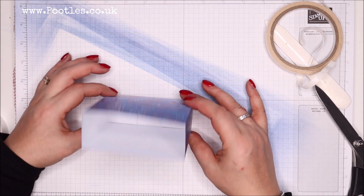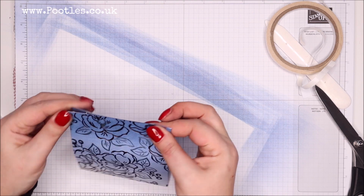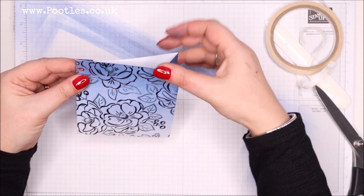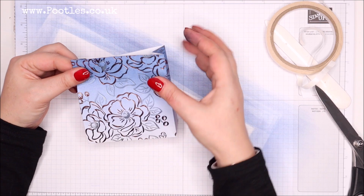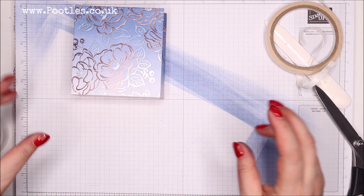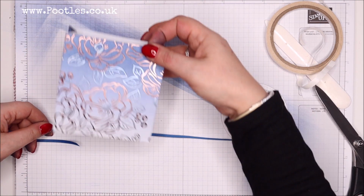Okay, so that's all sealed up there, so I'm going to pinch in the sides just like that, and I'm going to run my finger down the sides to make it go in. Now if you were putting something in that was bulky, it will resist at a point. Oh look, stay on my fingers. You might need to let it dry a little bit before you start manhandling it like me. But for now,